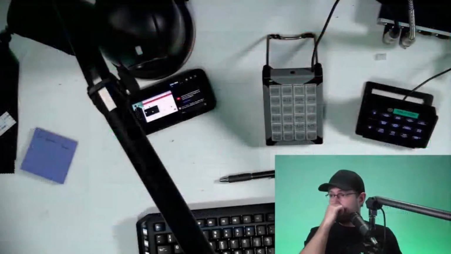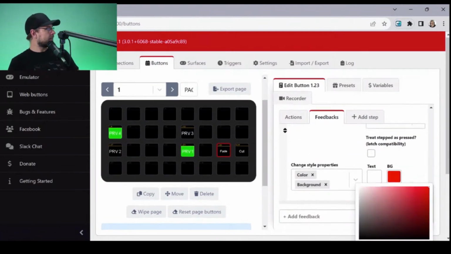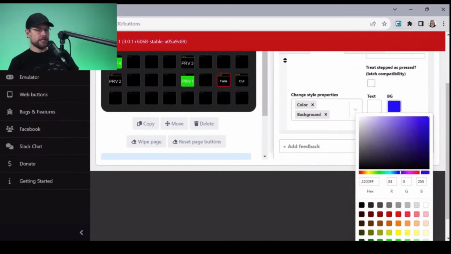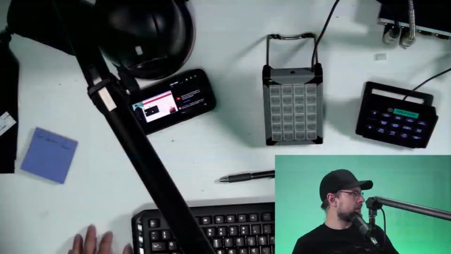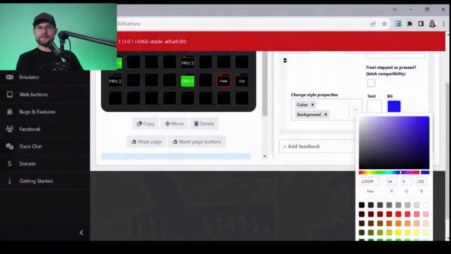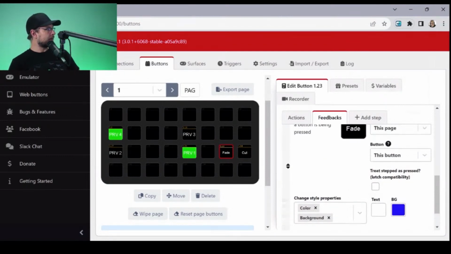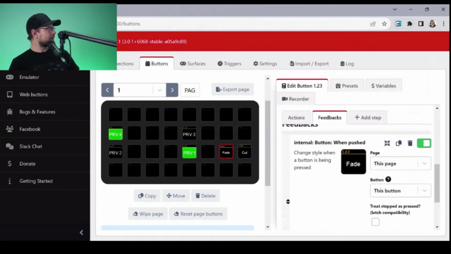When I press fade now, it shows a red light when I press it, which is nice. It gives a little feedback if I'm operating in, I guess I'll never be operating in a darker studio. But if you were in a production booth and you needed to see that, it would be a handy little feature to have. Let's do ourselves a favor, and change it to blue though. Ooh, it shows both. That's interesting. So you can see maybe quickly, you see it light up there. So that's nice. I said that word, that's a bad word, but pick something better than nice, John.